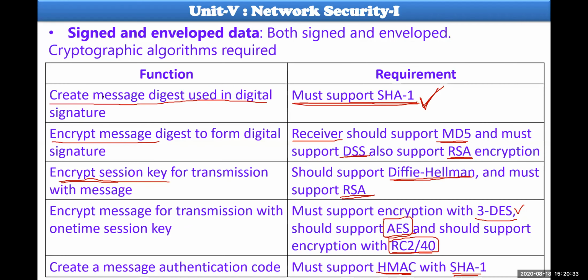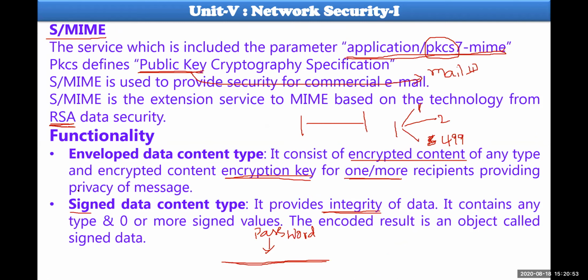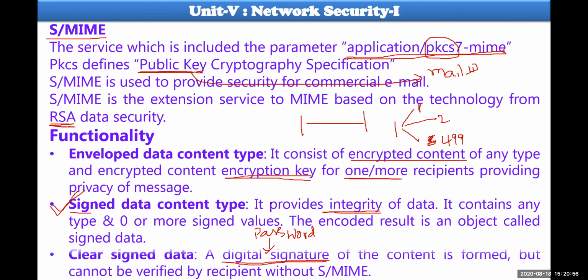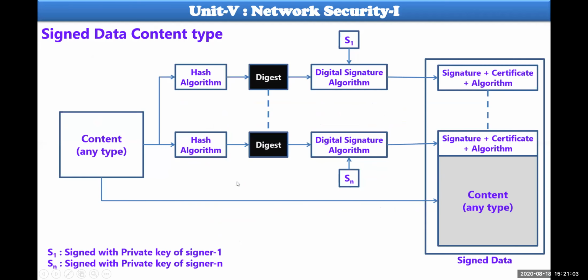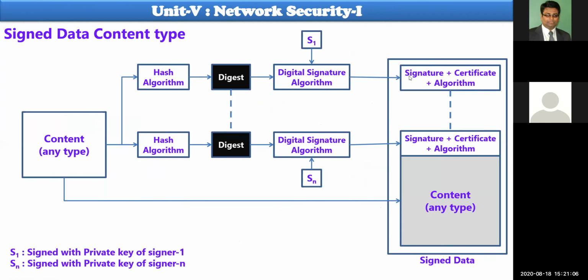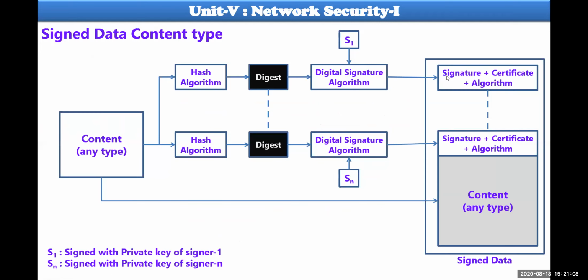However, if you want to perform operations through email, such as secure MIME email, all these supports are required here. Necessary certificates must be installed in your browser, then only you can perform. So I told you previously about the signed data content type, how this happens. Let us have a look here. Look at this. How this happens. Have a look at this one here.